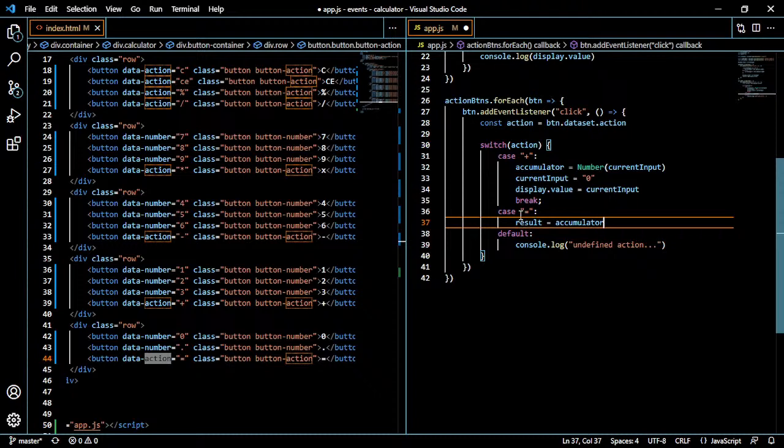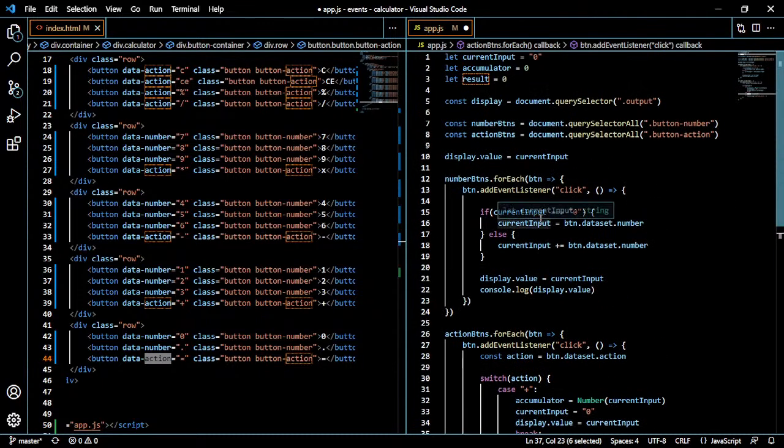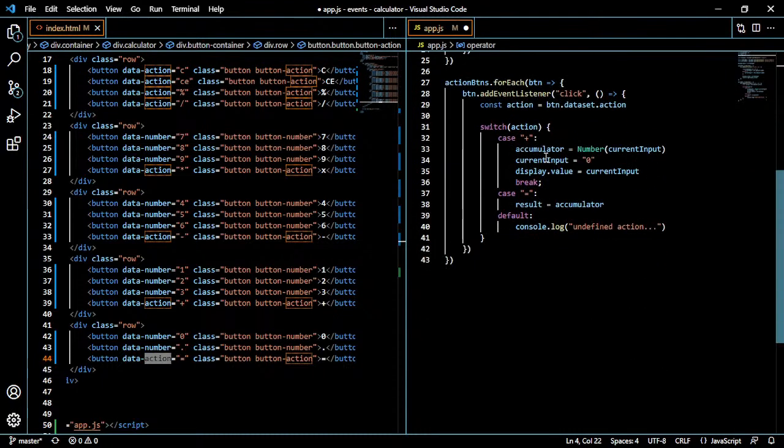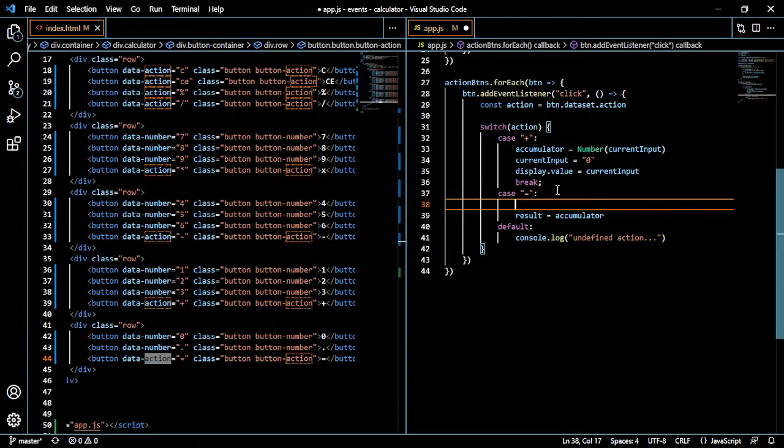Okay, so now when the equal to is being clicked, how do we know which operation to execute in order to evaluate the result? For us to be able to do that, we need a variable that keeps track of the operator that has been chosen. So we're going to initially set this to null. So once the equal to has been clicked, first of all, we need to know which operator that is. So we check if operator is equal to plus, then